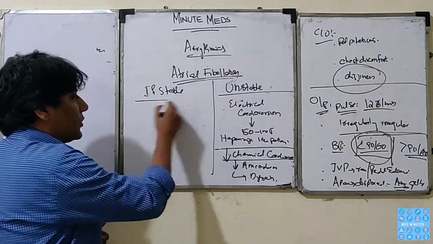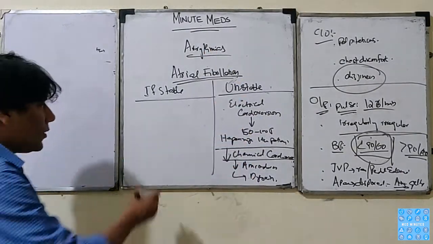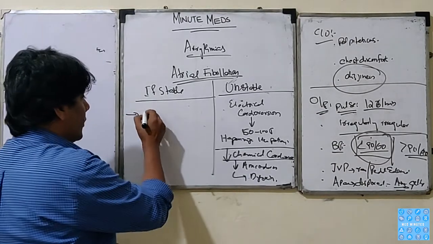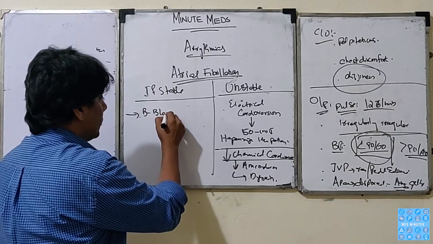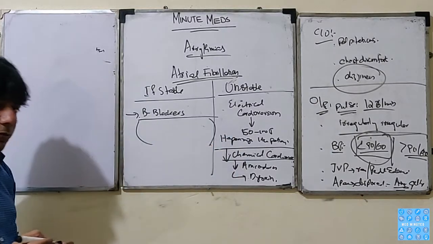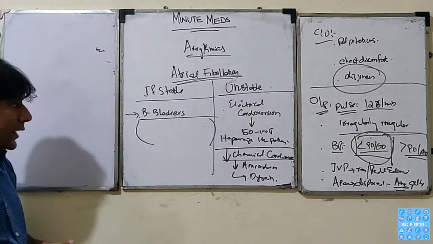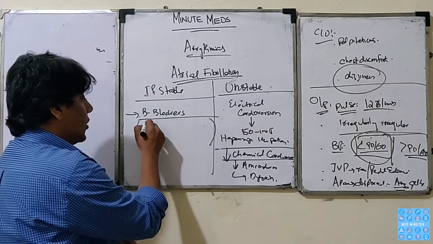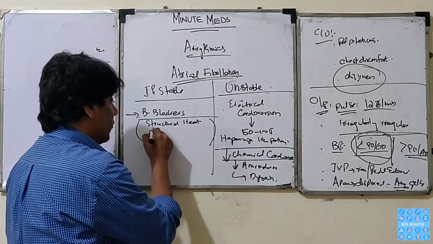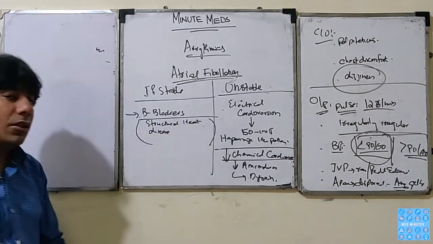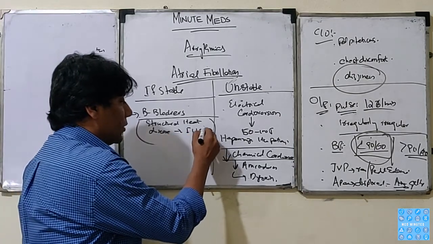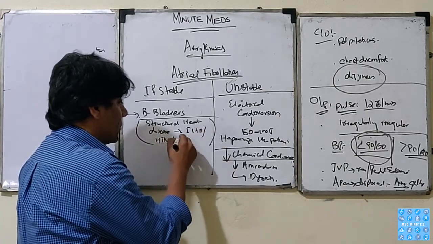If the patient is stable and is having an irregular rhythm, then what do we do? We have different classes of drugs, like beta blockers. Now, here the confusion starts: when to give beta blockers and when to give other drugs. In the cases where the patient has structural heart disease, then we prefer to give them beta blockers. What sort of structural heart disease? That I have discussed before in the cases of ischemic heart disease. If the patient has hypertension, if the patient has heart failure,